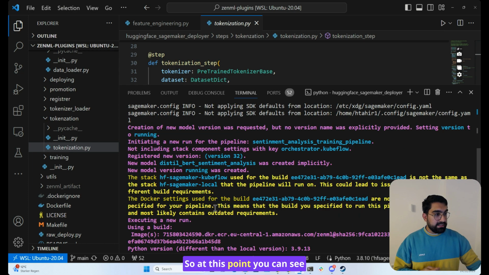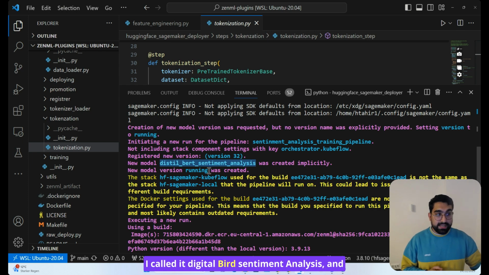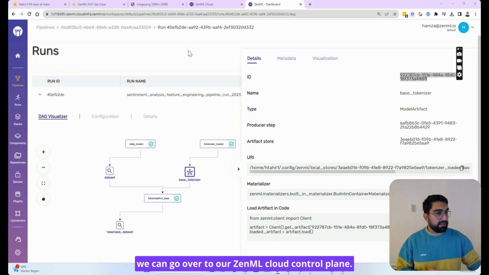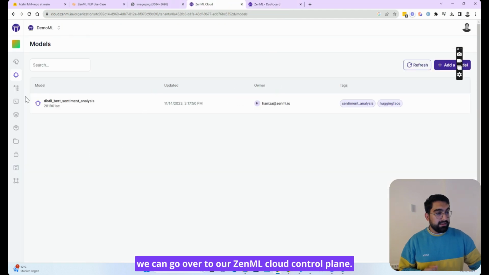So at this point, you can see that a new model was created implicitly. I called it digital BERT sentiment analysis, and a new model version was also created. So while this is running, maybe what we can do is go over to our ZenML cloud control